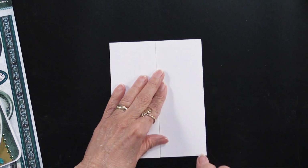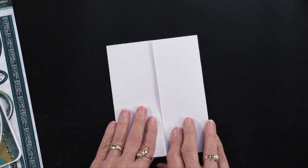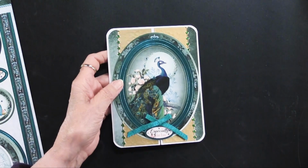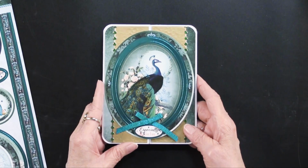Or you can use the handle of scissors. So that's the beginning of our gatefold. I'm sure you know all about that. And let's see what she has done. So she added